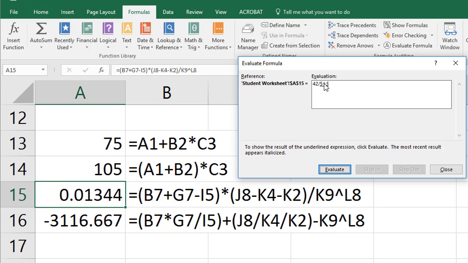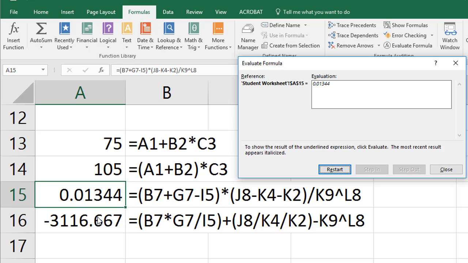So 5 to the power of 5, that gives a value of 3,125. And so now Excel is going to divide what it found on those first two blocks of parentheses, which was 42, divided by that value, which was the exponent, and we get the result of